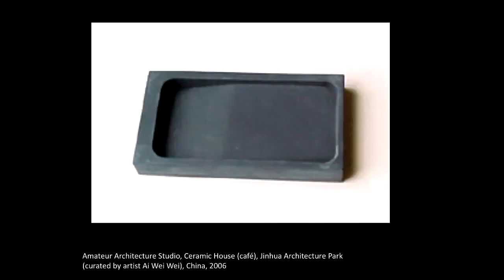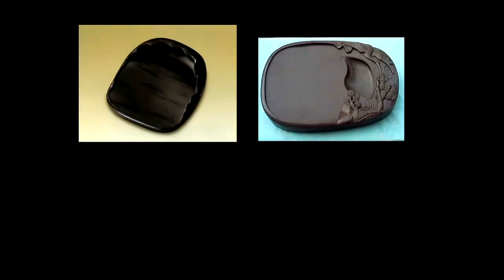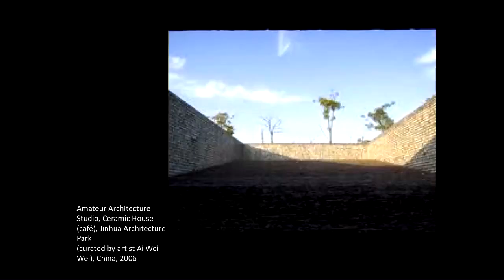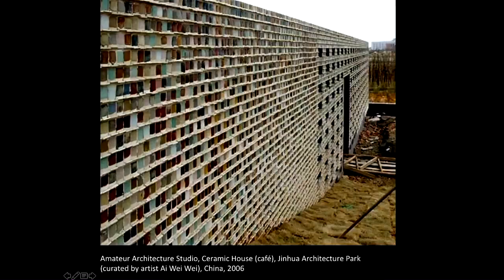He likes these ceramic inkwells. This is the one that I think is closest to what he uses, because in this area he says it rains a lot. So he wanted the building to also form water. Where this picture is taken is inside the cafe, but you would have the rain come down and trickle down the surface, and then make part of that pool which you saw at the front of the cafe.